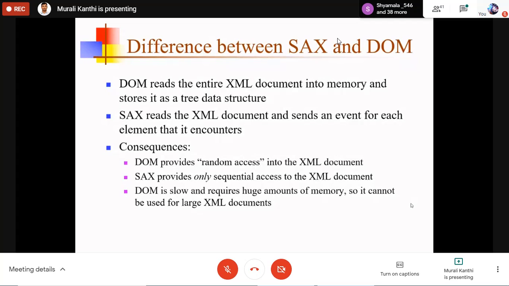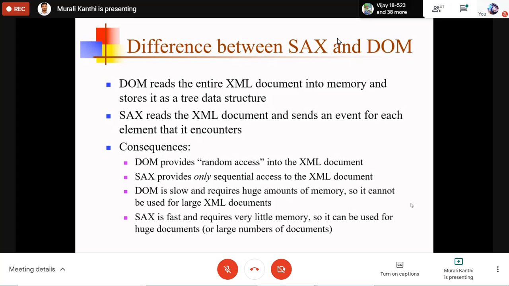If you have enough memory, you can use DOM to store the large XML document. If memory is less, not enough, then prefer SAX, because DOM is not suitable. And SAX is fast and requires very little memory. Yes, compared to DOM, it is fast and requires very little memory.